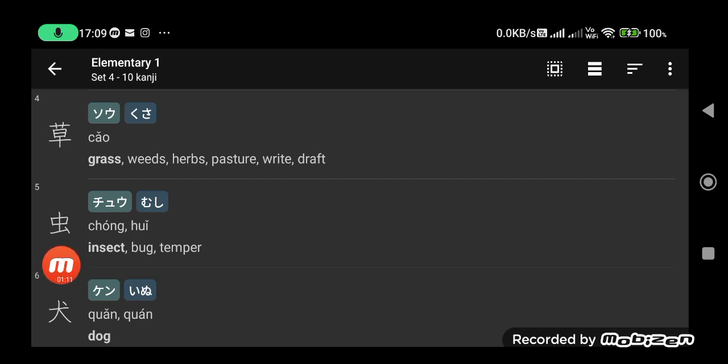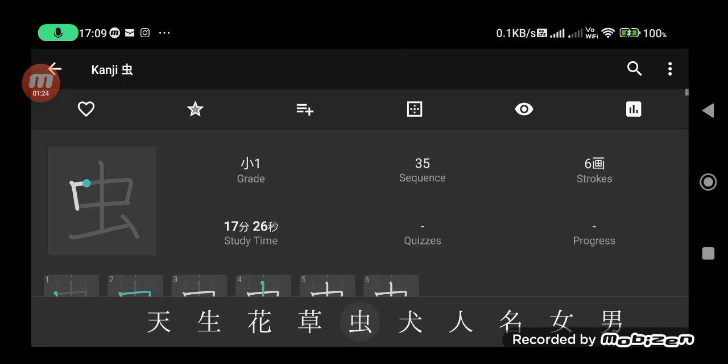This kanji right here. Well, our kanji for today is this kanji right here. Continuing, the kanji right here is our topic today, and this is about bug or insect, and it is